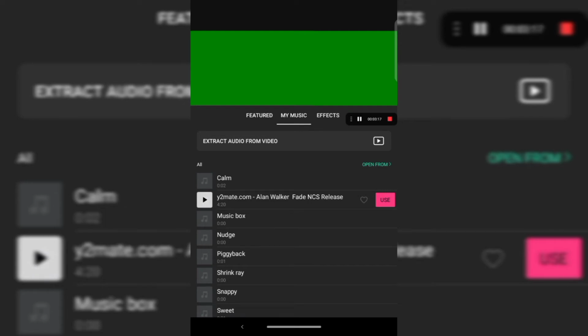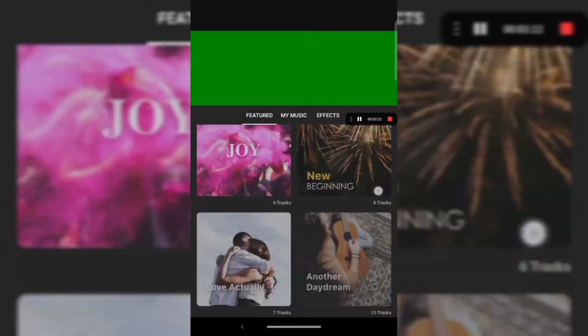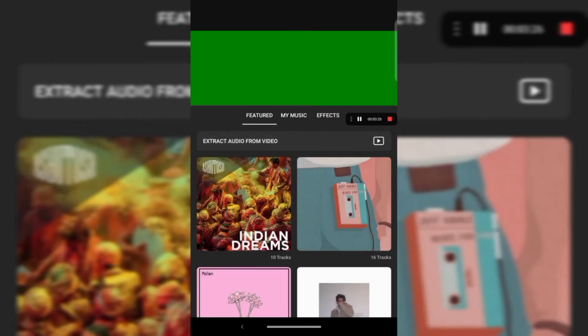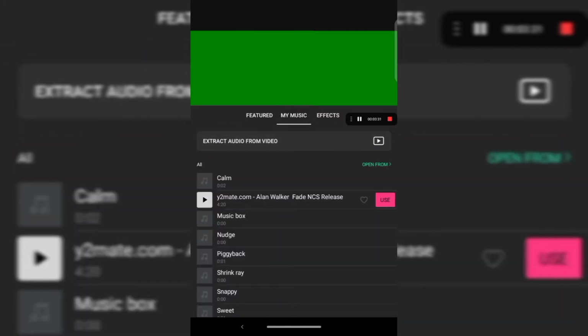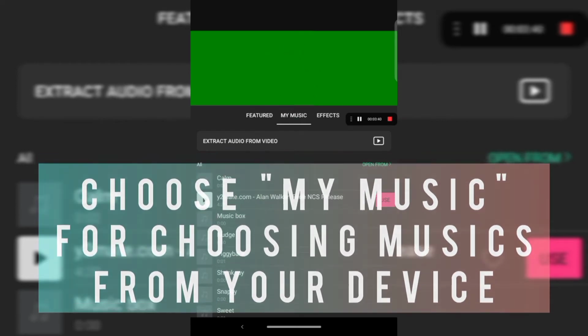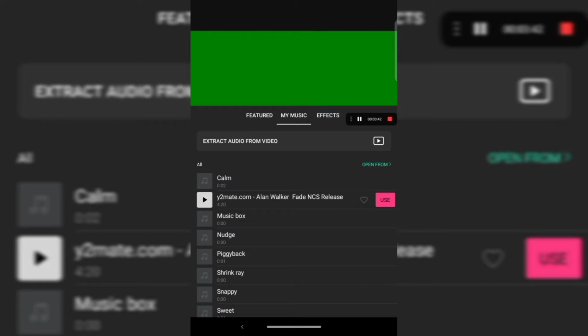Here you have to click on use if you want to apply, and these are many albums in which you can choose songs and apply to your video. But now you have to click on my music. You don't have to click my music in your work, I'm doing this just because of the copyright restrictions. Then you have to click on use.